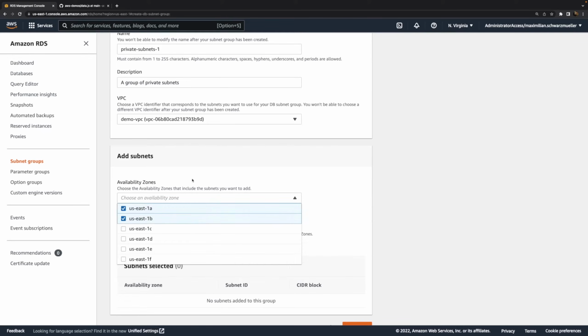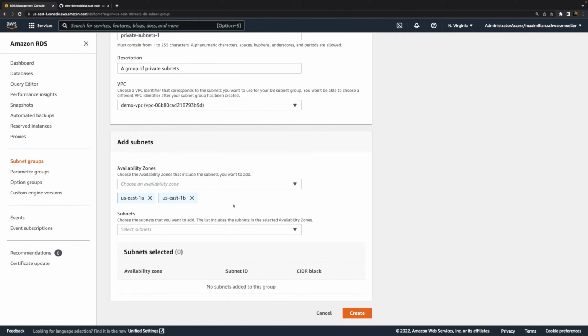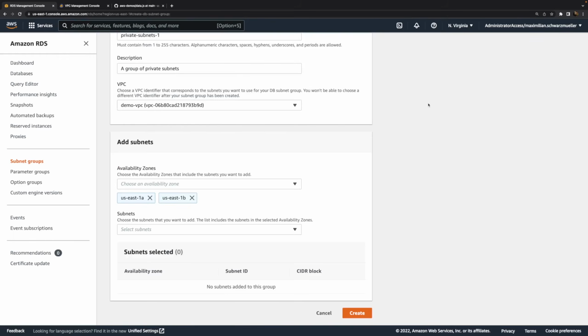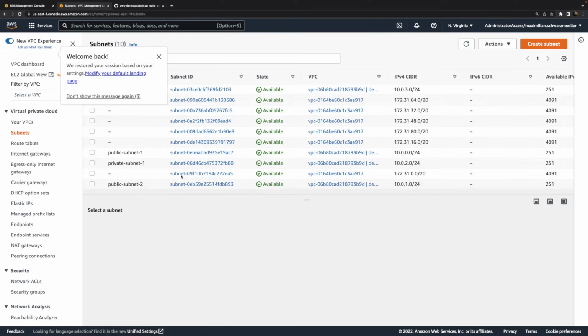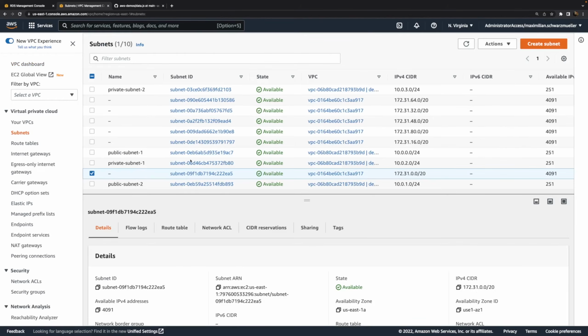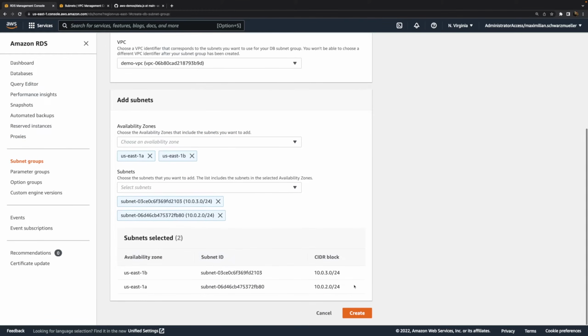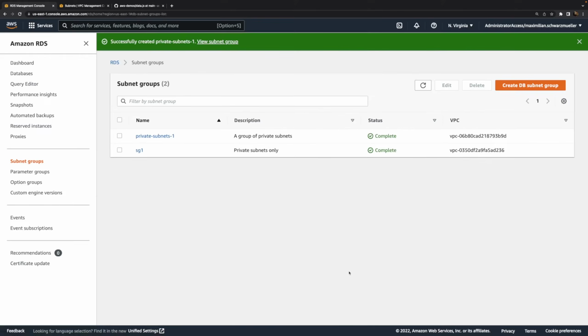Here I'll choose my own VPC though. And then I will add the 2 availability zones, which I chose when I created my private subnets in that other video, and then add those private subnets. Now I quickly need to check which subnet IDs were used for the private subnets. And that would be this one ending with 80 and this one ending with 103. So therefore here I'll quickly select these 2 subnets here. So now I have these private subnets which make up this group here, the private subnets group.